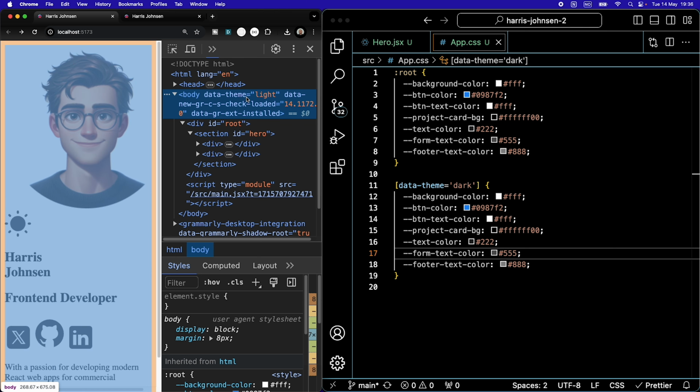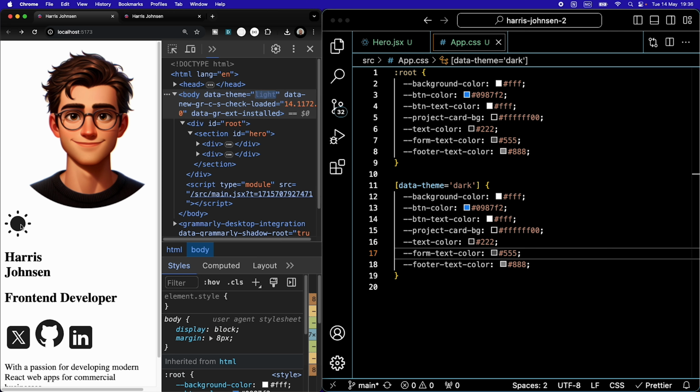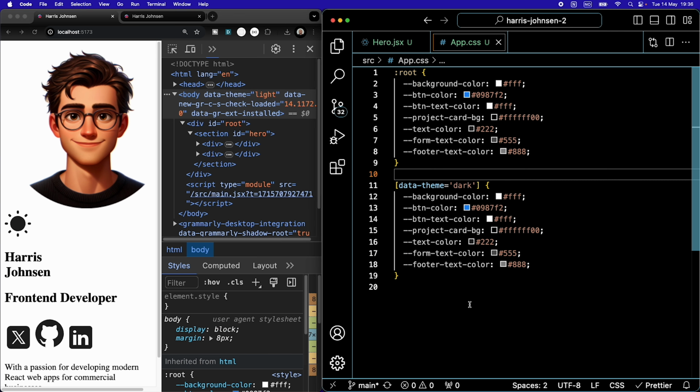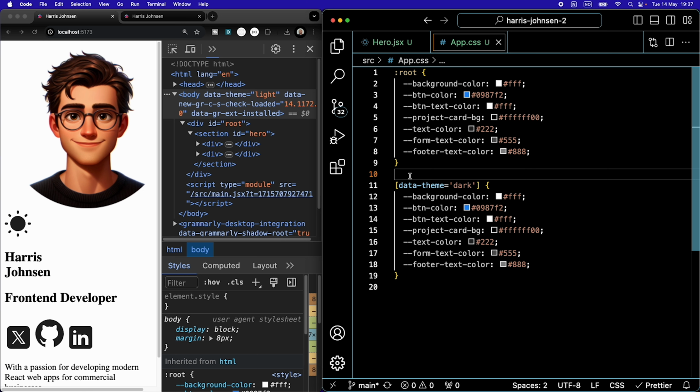Look, this is what we created with our theme context switcher. We have an attribute on the body here that we have completely made up. Data theme equal to light. If I switch now, it changes to dark. So this is how we're going to target and define which variables are going to be counting in our style sheet. So this is the basic one, and then we are overriding it here because CSS cascades when data theme